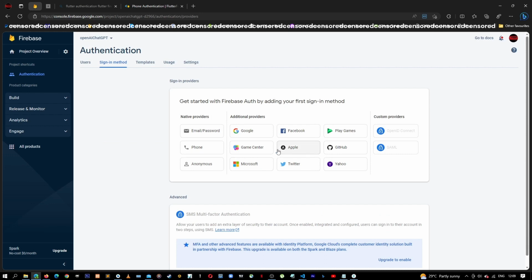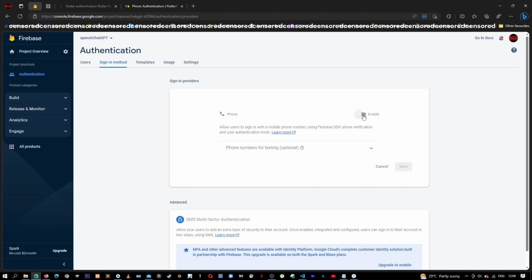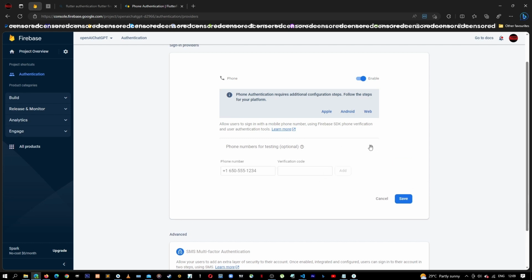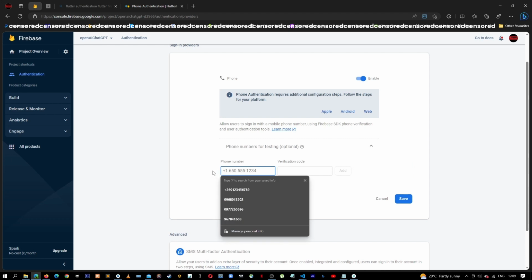You let it load, and then here we click on phone auth. We enable our phone authentication. Then we can add the test phone numbers here, which is great for testing. So let's go on ahead and do that. We click the arrow down here. Let's add our first test phone number. I'm going to add my first phone number, which is